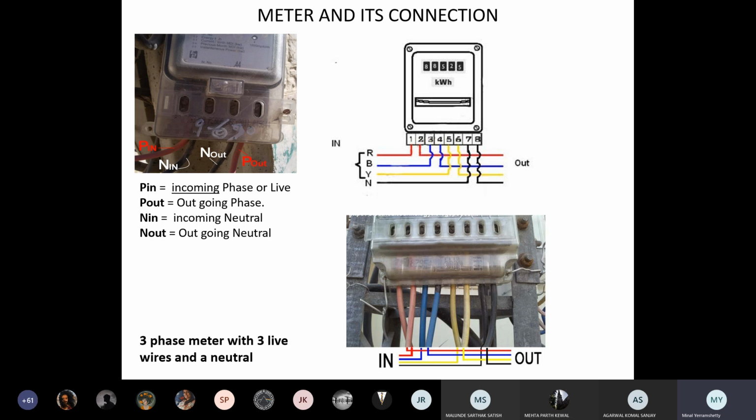So if this is my three-phase, you will have all three wires coming in and coming out. You will have black wire coming in and out. So that is how the connection is done. Next,